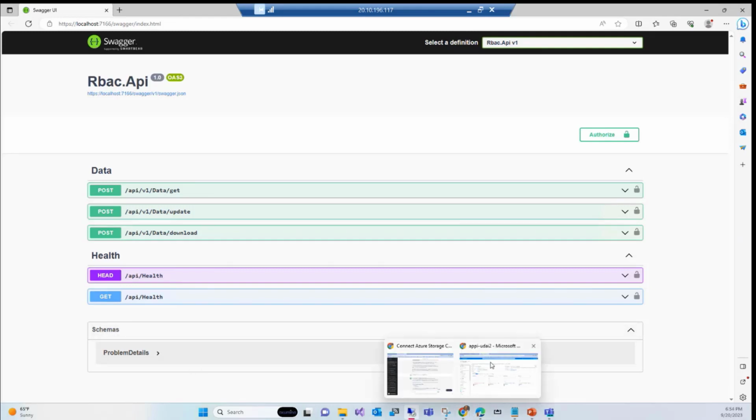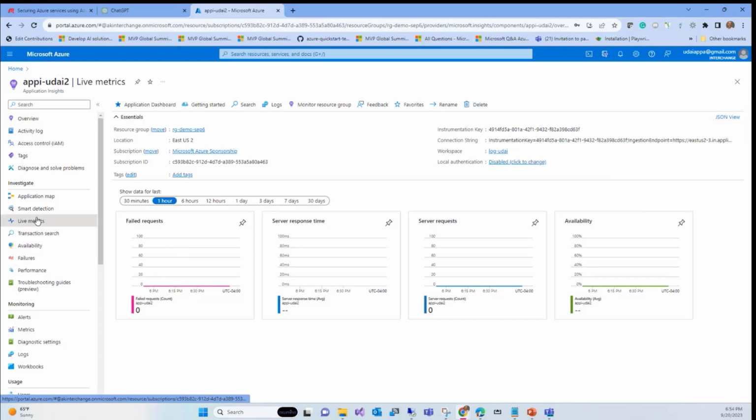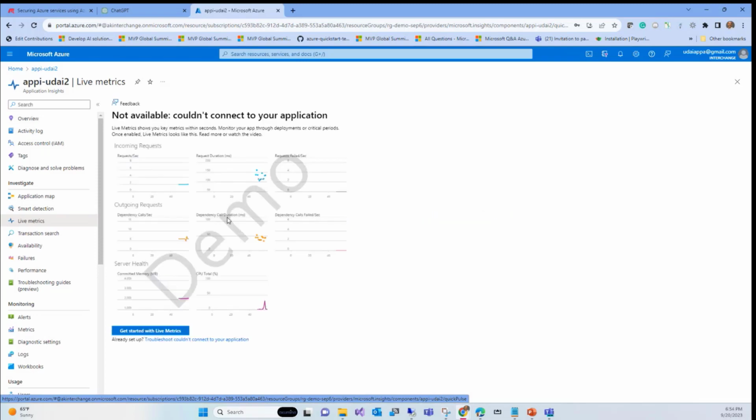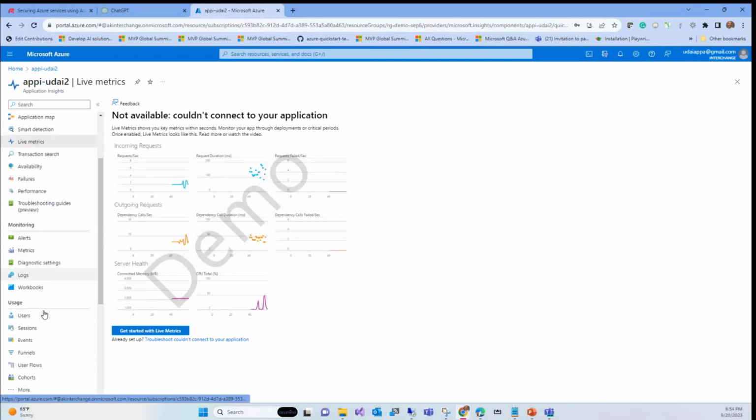So now if we go back to the app 2 and look at the live metrics, that's one way to verify whether data is coming in or not. If you configure it and there is an application registered, it's going to tell you there is something coming in. It's in hiccup mode, so obviously you didn't have it, right? So nothing is listening to it. Now, what are you going to do here? Why is nothing listening, even though you have the connection string?